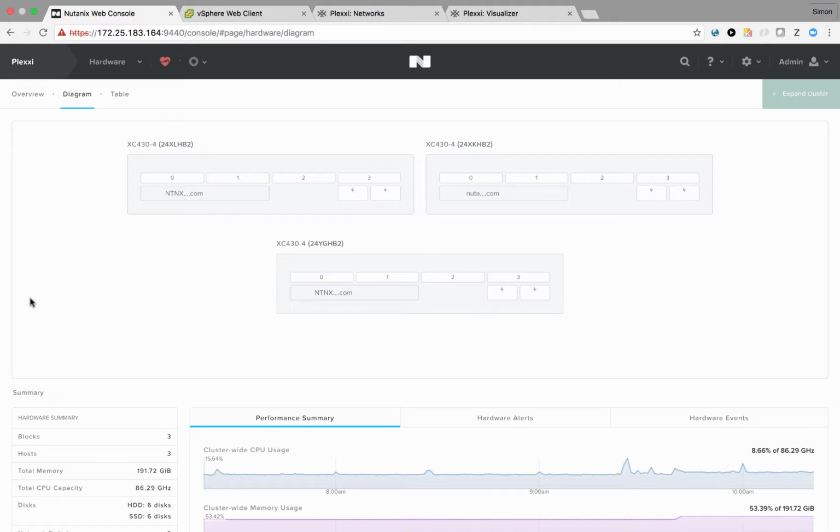In today's demo, we're going to show you how easy it is to expand a Nutanix cluster on a Plexxi network environment. You may have seen demos like this before, showing how easy it is to expand clusters in these environments. But what all of these demos miss is that there's actually a lot of prep work on the network. There's a lot of prep work on your vCenter environment that you need to do in addition to just expanding